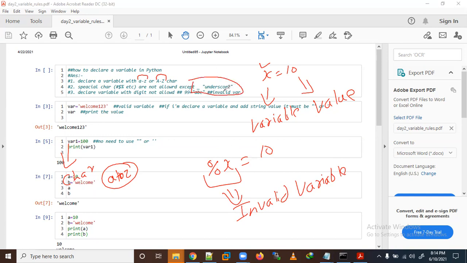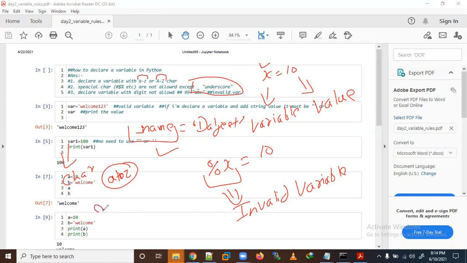Underscore is allowed here. For example, if I declare underscore name is equal to Daljit, this variable is allowed. Only underscore is allowed. A variable starting with any other special character is not allowed, and starting a variable with a digit is also not allowed.